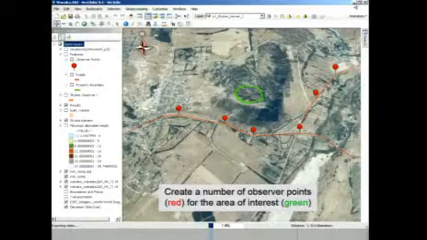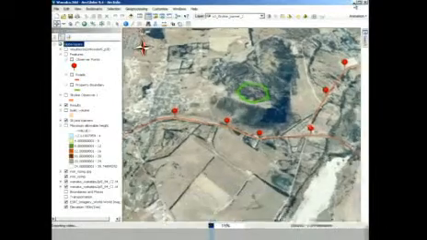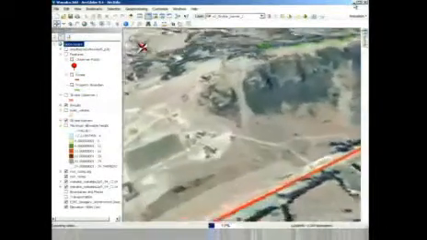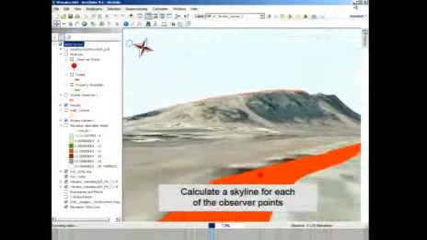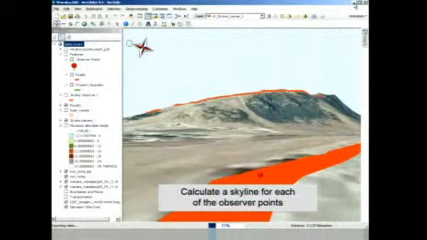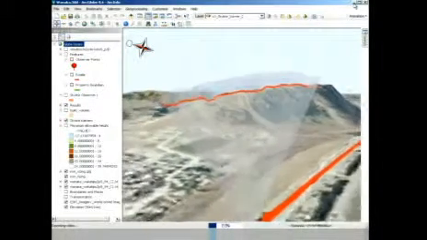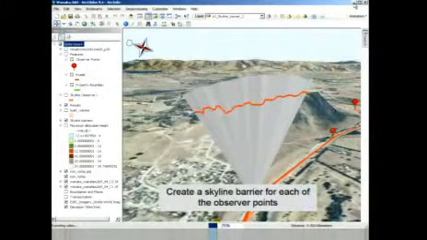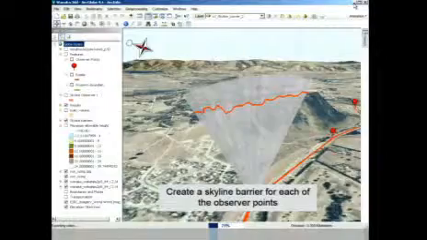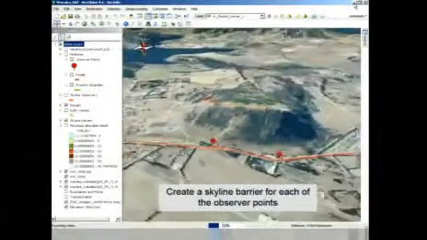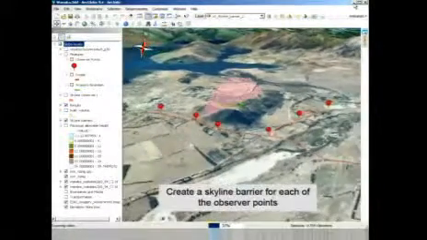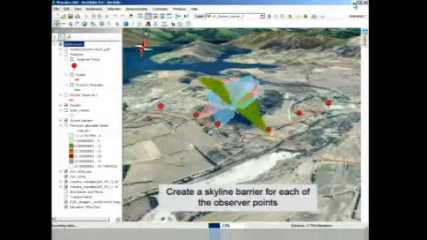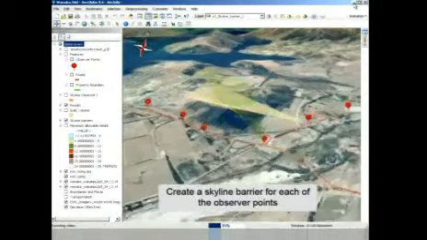So what you see here in green is the area of interest. That's where I want to build. And the road with the specific viewpoints are displayed in red. Now, for each point, you can calculate a so-called local horizon and then a visibility plane through that horizon. And I can do that any number of times. So here I'm doing it 6 times. And all these visibility planes from that public road I can use later to intersect in 3D